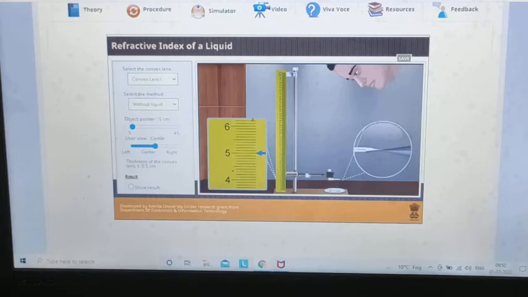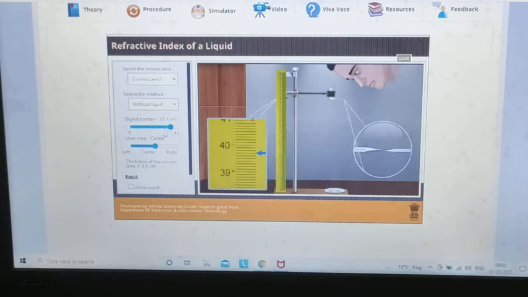Now you can see with the clamp here, a needle is attached. You can see this needle, and by using the object pointer you can move it. So to show, this is our needle, and it is working as the object. Now this is our user view, whenever we move our eye from left to right.